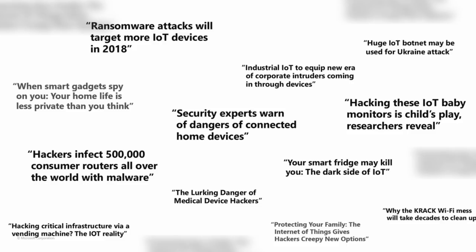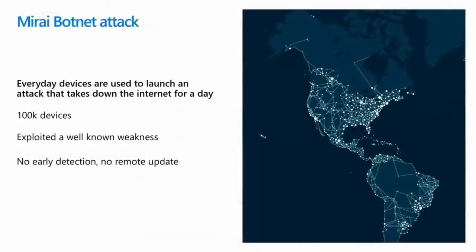We're in a space where we have this huge opportunity for low-cost connectivity, and we have this massive amount of risk. And a really good example of this is the Mirai Botnet from 2016. The Mirai Botnet, these are just simple IP cameras, and it took down basically the internet on the east coast of the United States. Now, what's scary about the Mirai Botnet? It's only 100,000 devices. It's a tiny number of devices. If you look at one market for connectivity, like major appliances, there are about 350 million major appliances sold every year around the world. 100,000 devices can take down a portion of the internet's infrastructure. Imagine 1 billion refrigerators that have all decided to DDoS.